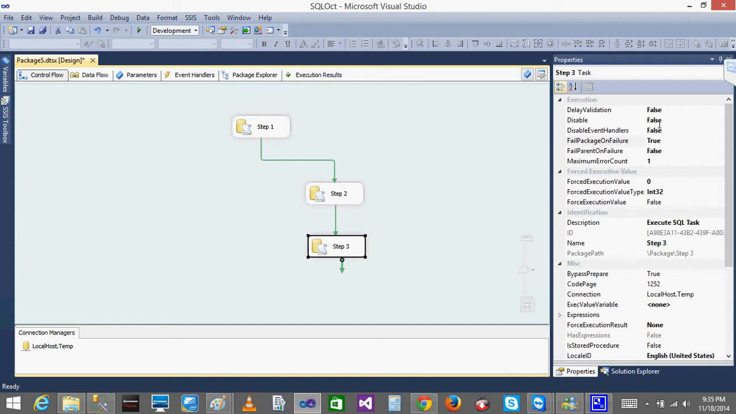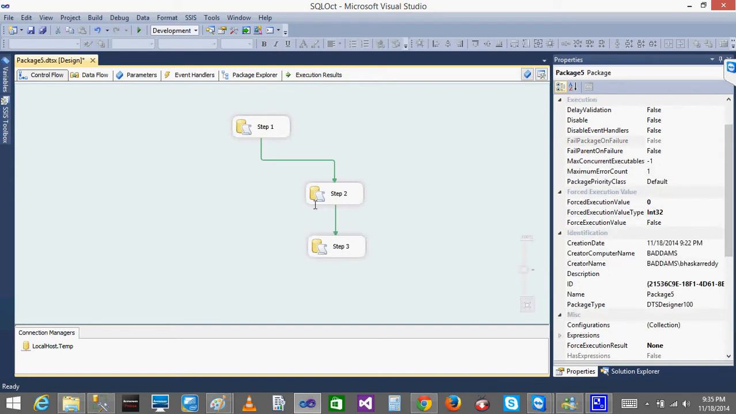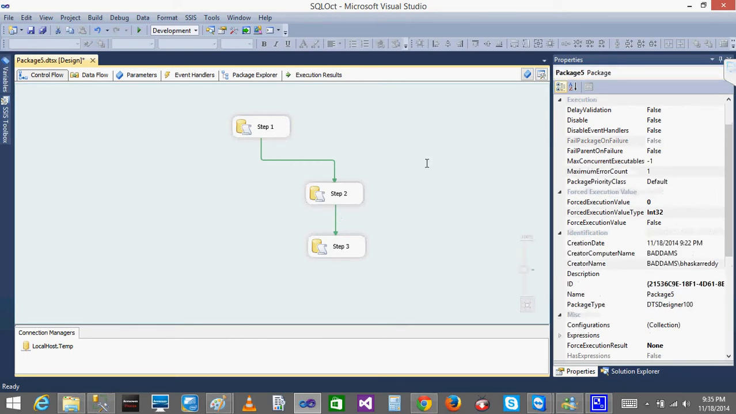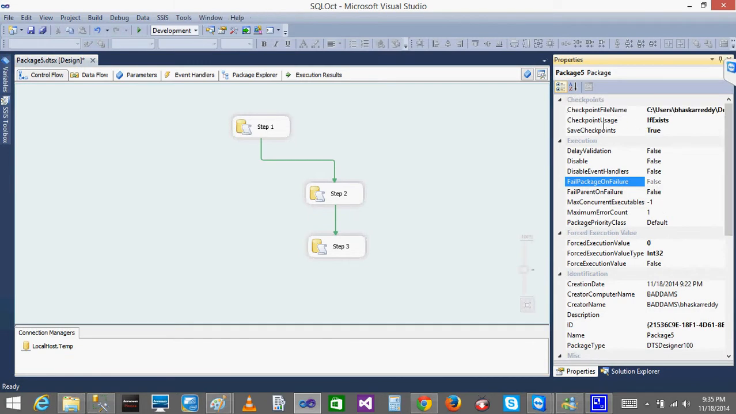So based on the conditions, see, when I select this, it will show the properties of this one only. When I click outside, it will show the properties of my package. Okay, so based on the file,